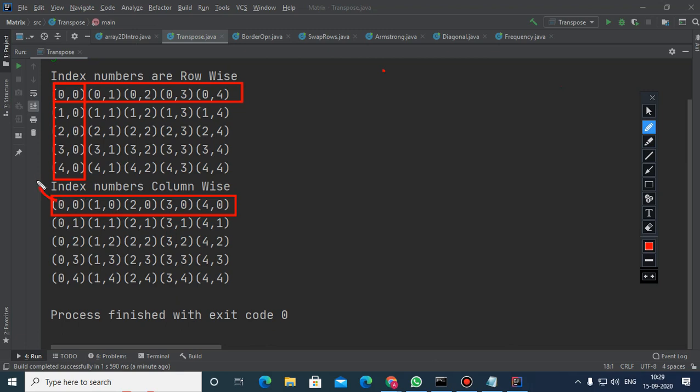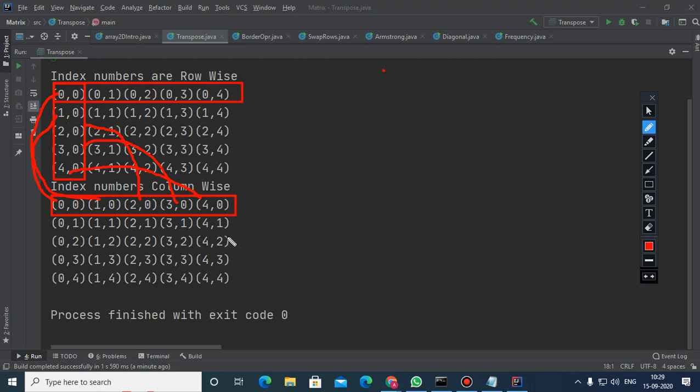The mapping has been done. And this is how you can extract column wise.